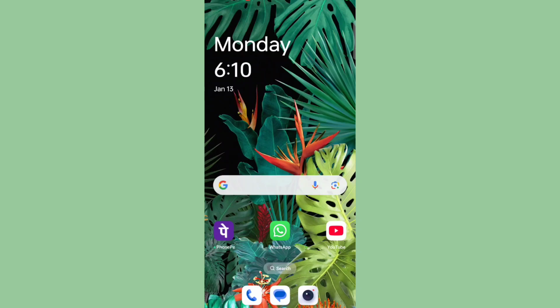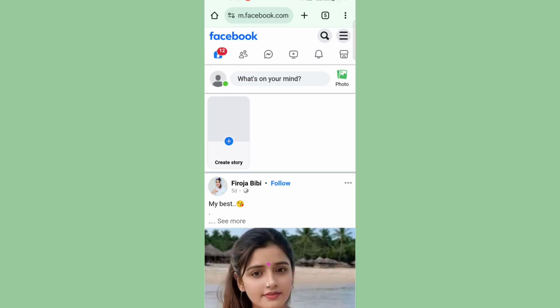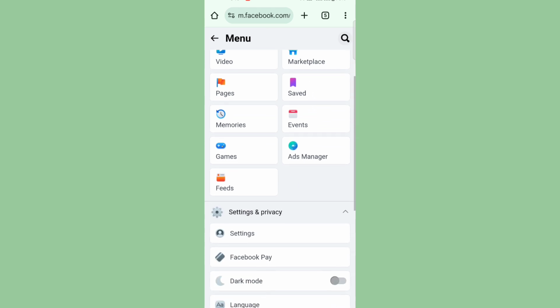How to deactivate your Facebook account. So open the Facebook mobile app or Chrome browser, anything. Then open Facebook, click here on the three lines, and you will see an option. Scroll down and you will see Settings